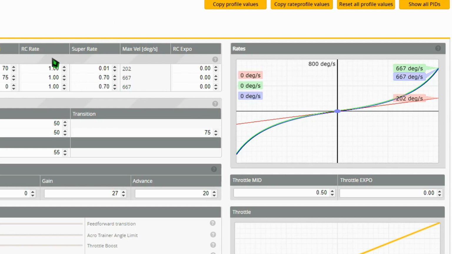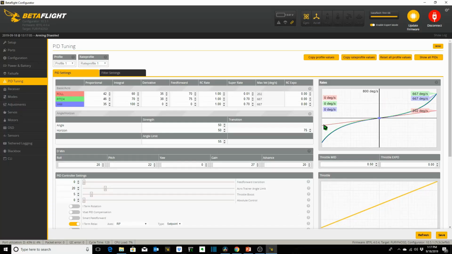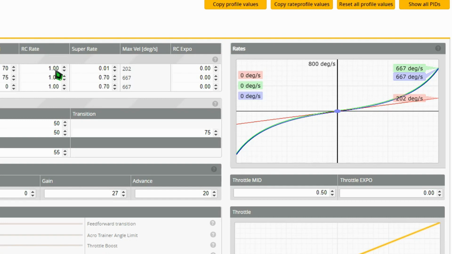And when we do that, the only thing that is basically affecting the curve at this point in time now is the RC rate, which is at 1. And you can see the slope of this linear relationship between your stick inputs on your transmitter and the quadcopter, as we explained earlier. So as we increase this number, the slope of this linear relationship is going to increase, and your quadcopter is going to respond more aggressively both around center stick as well as out here at full stick deflection. So let's change this from 1.0 to